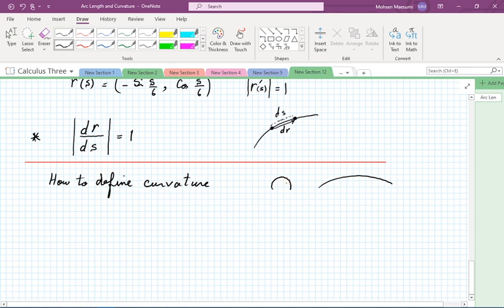So this one, if you think about it as a circle, it's like a tiny circle. We say it has a lot of curvature. It's wound up, as opposed to this one. So if I try to graph this thing, this one has a large radius, and a large radius we associate with a small